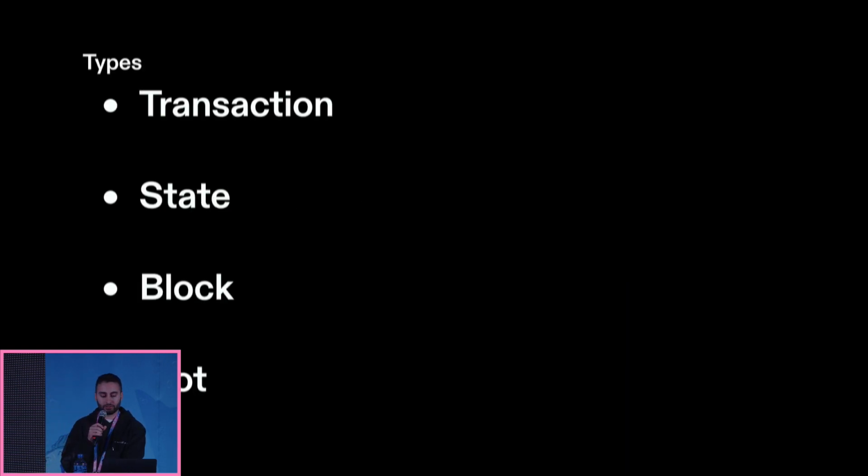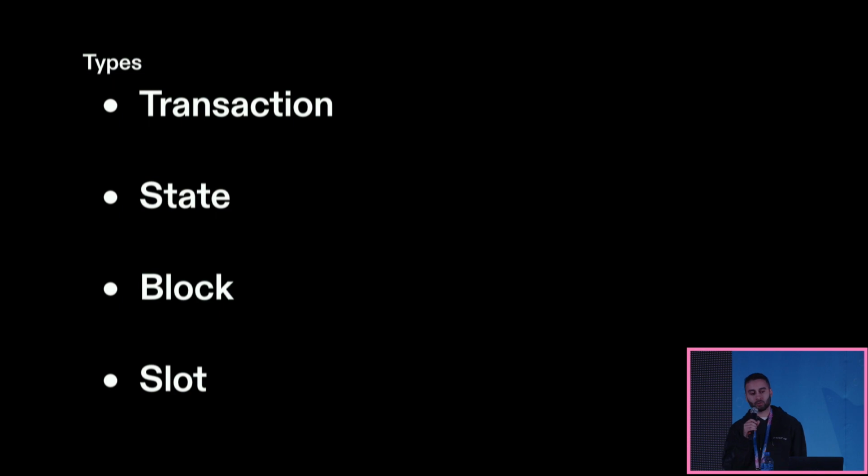So we want to achieve the same kind of paradigm on Ethereum and blockchain systems. So we dive into how we do this. And we define these 4 types of pre-confirmations as transactions, state, block, and slot. So what do these mean? We're going to go into transaction pre-confirmations for the most part in this presentation. However, the others are state, where you claim some state on Ethereum, a block, so you might have a block that might get pre-confirmed by a validator. And then you might also have a slot that is way in the future that you have some rights against, right? So these are how pre-confirmations can apply in different states.